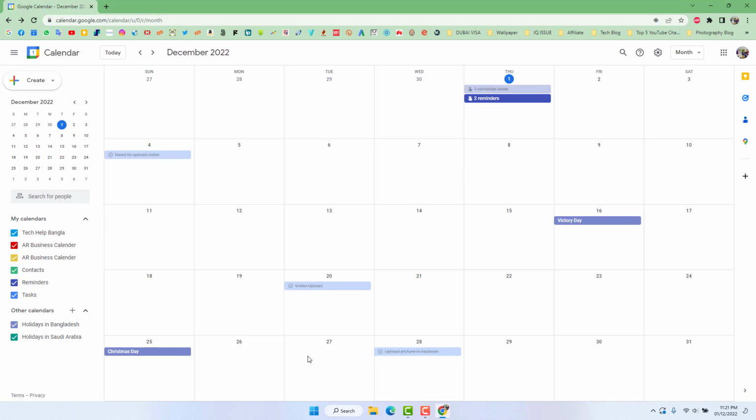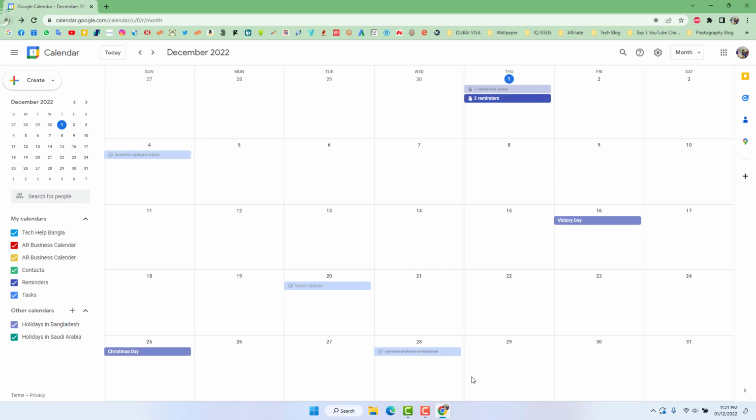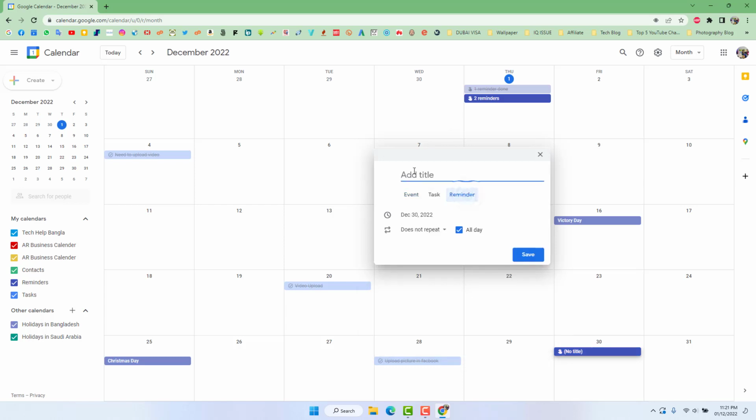If you decide to add a reminder in your Google Calendar, you can do that too. For example, I would like to add a reminder on 30 December. So we're going to open 30 December. Let me go back. You need to just click here and then we will see a pop-up appear. Now we're going to choose reminder this time and we're going to type here a title,